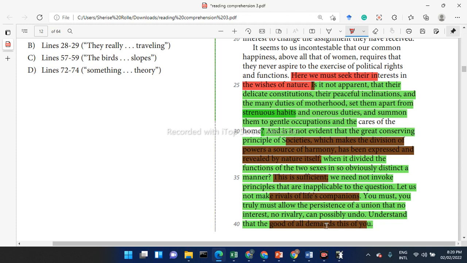So he's saying that women should not try to do what men should do, and men should not try to seek what women do, because it could cause competition, it could cause rivalry, and it's not going to work. Nature already tells us what women are supposed to do, nature already tells us what men are supposed to do. Let men be men and women be women. That's his case, all right? He's just trying to keep the balance. I mean, that's his case, right?